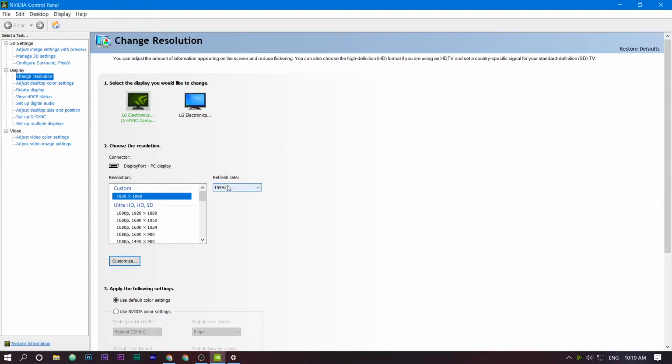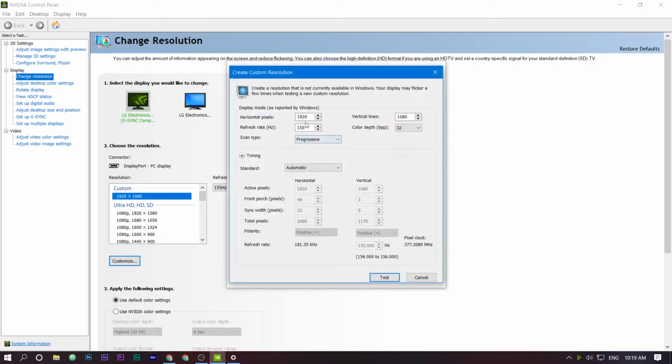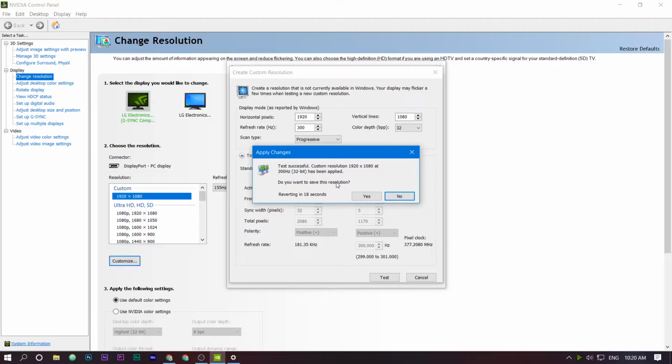And now, I'm going to tell you guys what to do when your monitor doesn't come back on. So for this, I'm going to give something crazy, like 300 Hz. Of course, it's not going to come back. The monitor is going to crash. So I'm going to hit test. As you can see, the screen is completely black for a long time. And now my monitor hasn't actually turned on, but since OBS is recording in the background, as you can see, it's reverting.